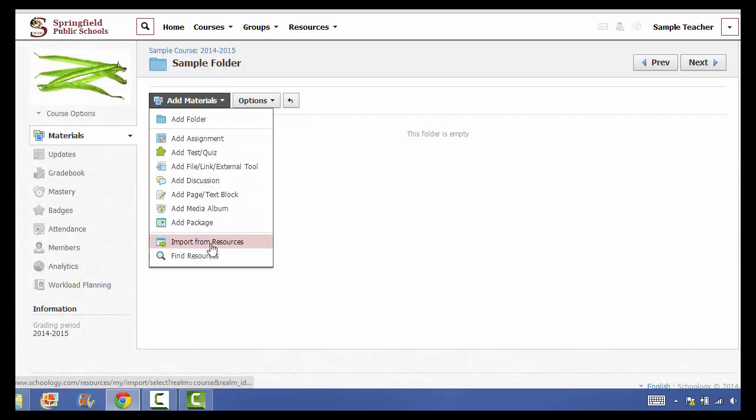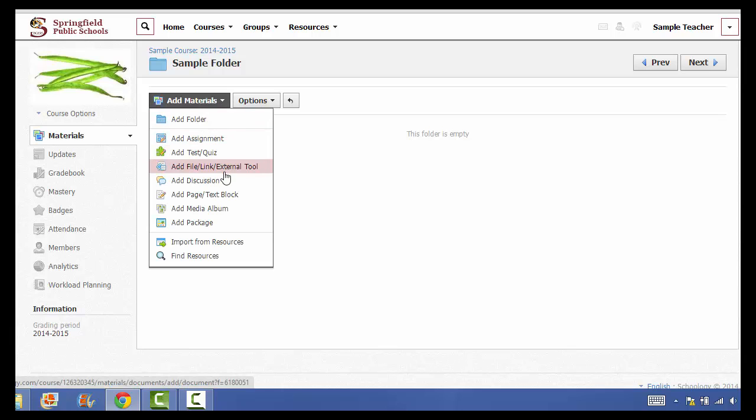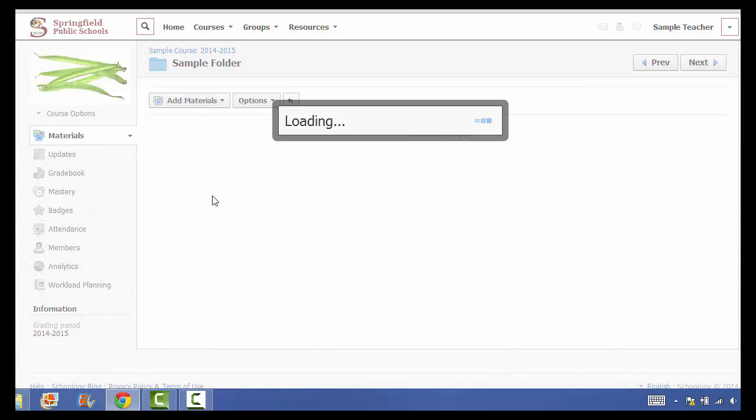I could, again, import from resources, so from my personal resources. I want to show you some different ones as well. So another material you can add in your folder is a page, or what they call a text block. And that is basically just written information that you want to hand out to your students so that they have